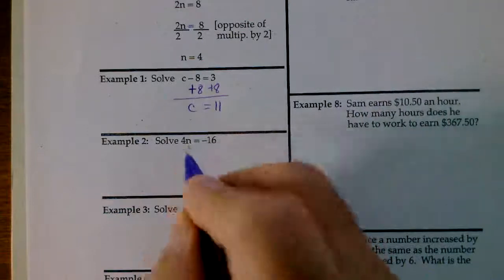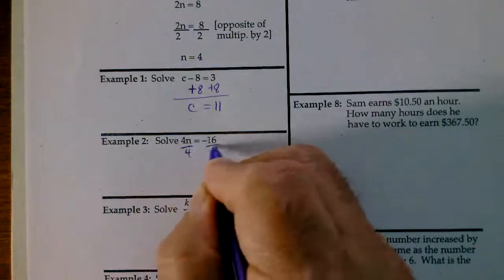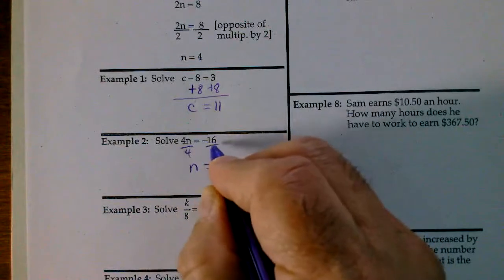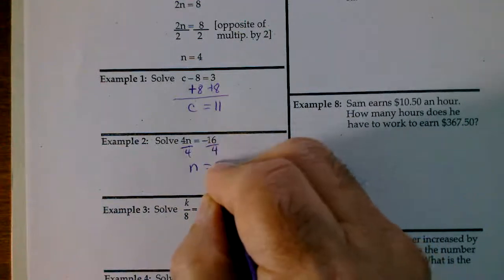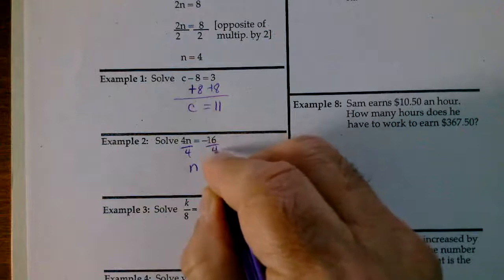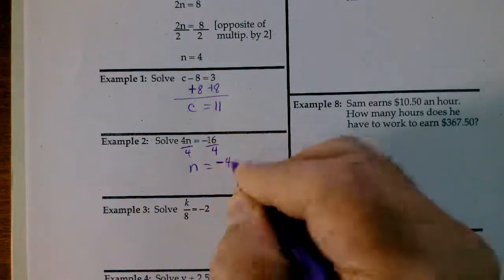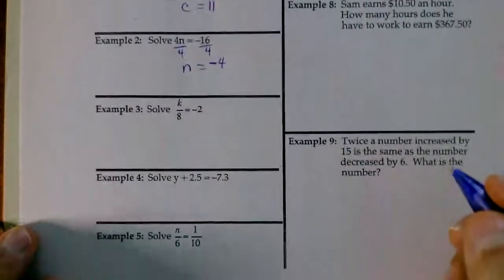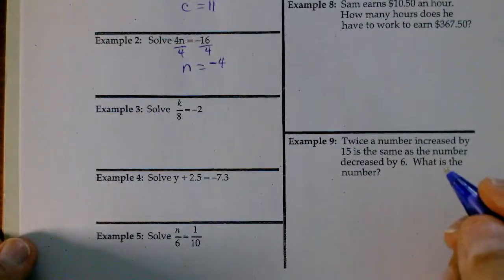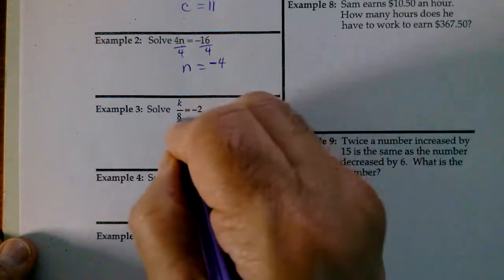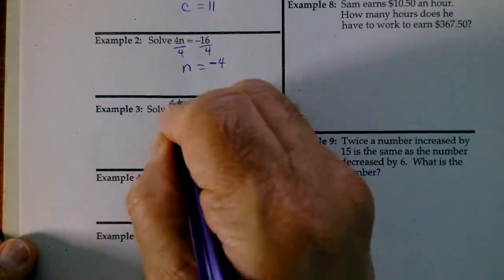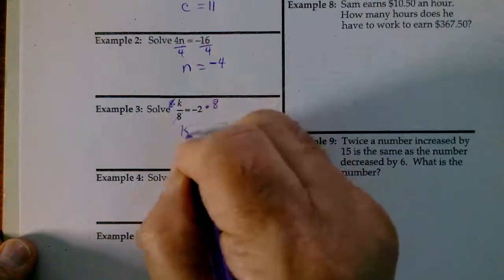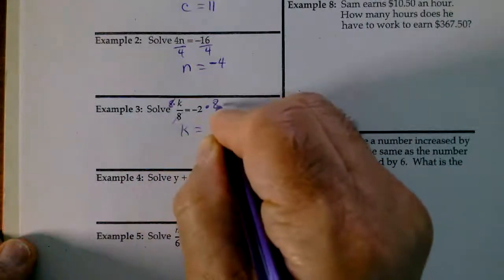The opposite of multiplying is dividing. And don't forget the rule of signs. A negative divided by a positive stays negative. 16 divided by 4 is 4. This is going to go very fast because it's based on arithmetic, and if you know your arithmetic, it's going to be a breeze. The opposite of dividing is to multiply, and to multiply, I get k, negative 2 times